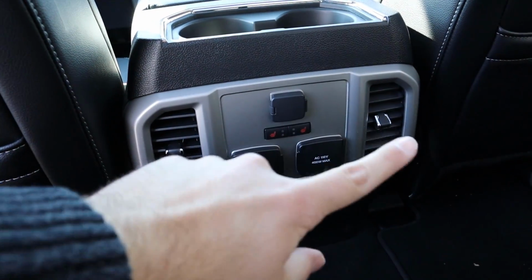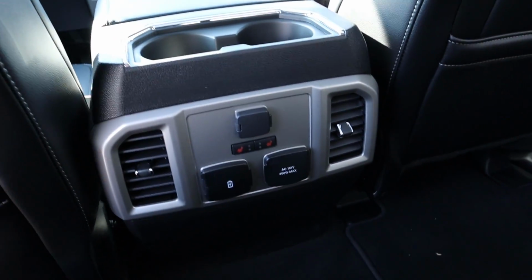They're right there on the side. This cab is massive. Legroom, I mean, it's got a ton of legroom. In terms of headroom, I'm about 5'11", and yeah, I am not hurting for headroom. Now here is a couple cup holders, and they got some vents back here, some heated seats, charging stations, and